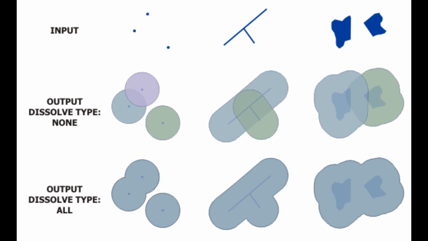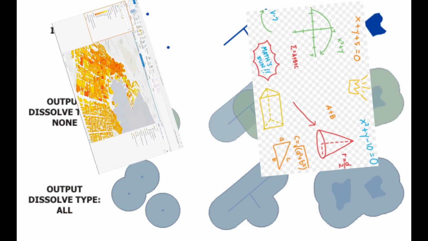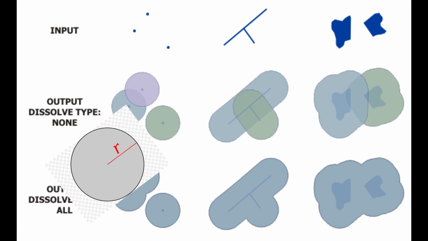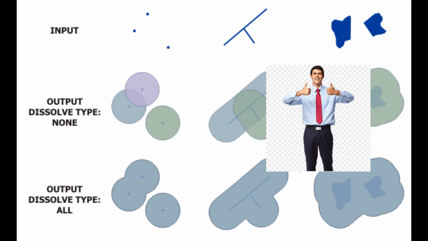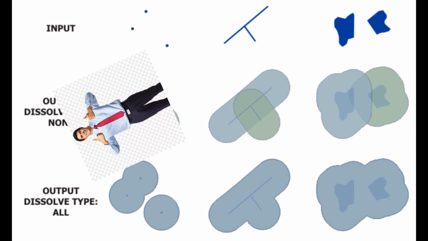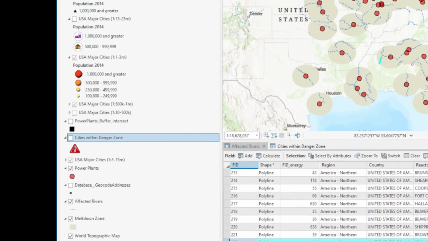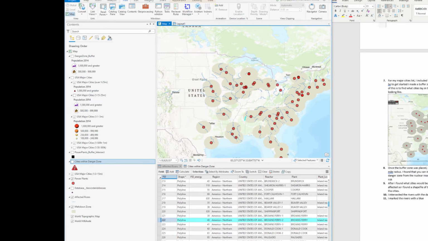The main analysis technique I used was buffering. Buffering is a spatial analysis tool and one of the most important tools in the program, as it allows you to analyze and identify features within a certain proximity. It also allows you to identify relationships between two polygon features. I used it to define the radius of the nuclear reactor zones and define the cities and rivers that lay within it. So the layers in the end did turn out pretty messy, but looking past that,